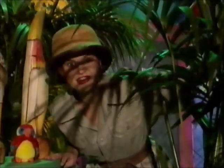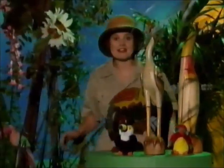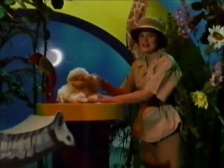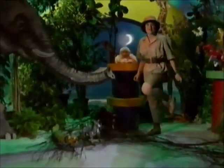Animal fair, join in. I went to the animal fair. The birds and the beasts were there. The big baboon by the light of the moon was combing his auburn hair. The monkey fell out of his bunk and slid down the elephant's trunk. The elephant sneezed and